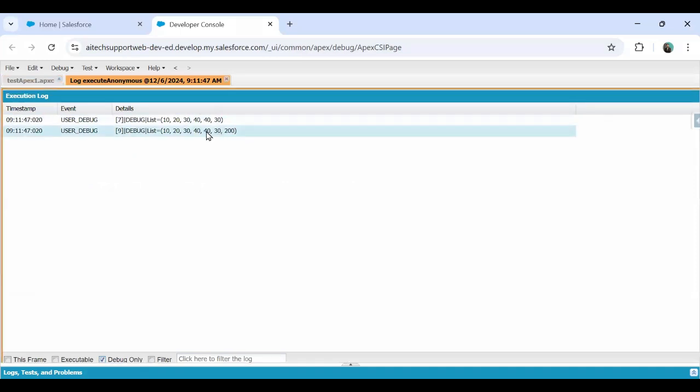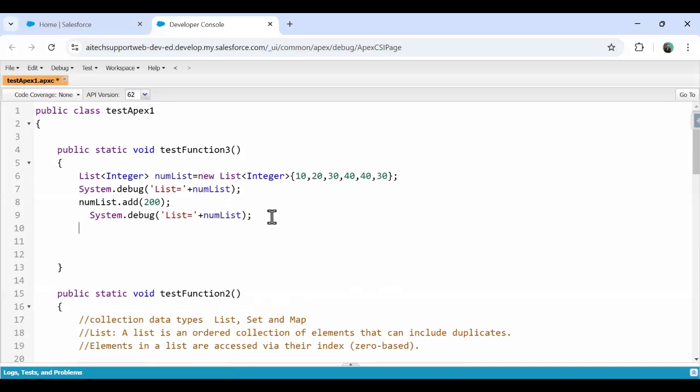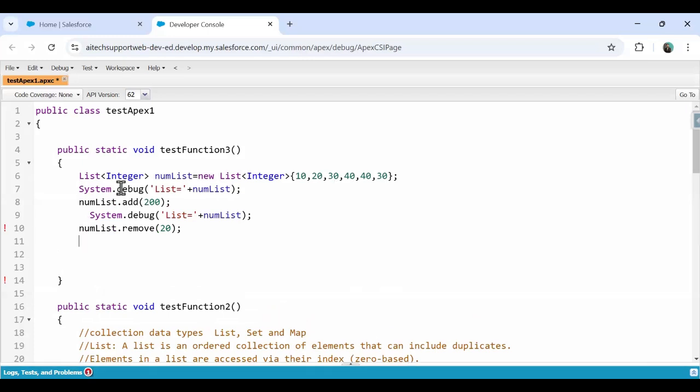You see that 200 will be added at the end, right? If I want to remove any number, I can say num list dot remove, and I just want to remove, let's say, 20. I just want to remove 20 from it. And then if I just print it, copy, paste, save this,